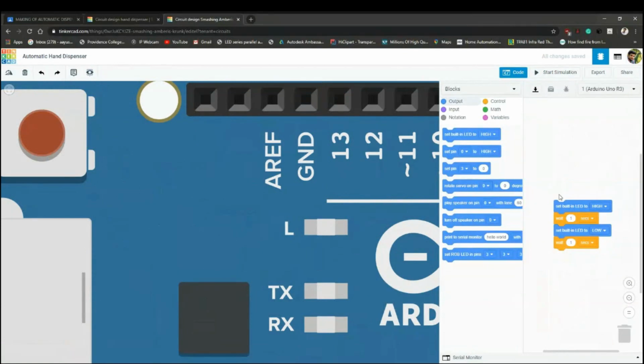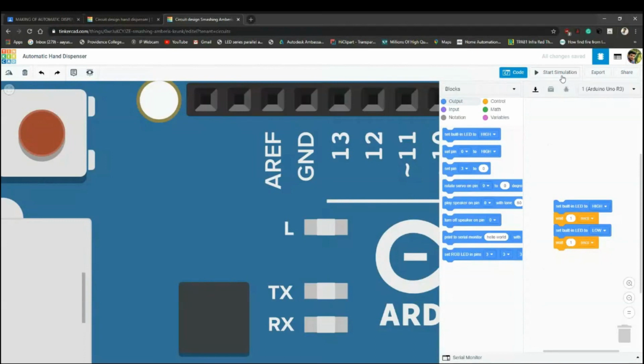Because the program was set like that: set built-in LED to high, wait for 1 second, then set the built-in LED to low. Here high means on and low means off. So it will turn on the LED, wait for 1 second, turn off the LED and wait for 1 second. Then it will repeat again and again.